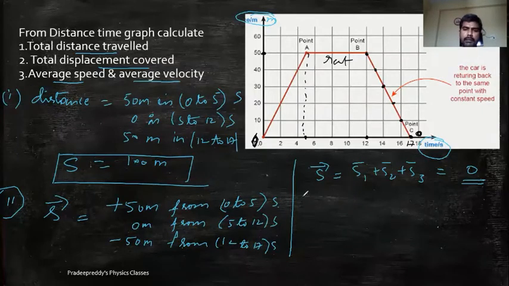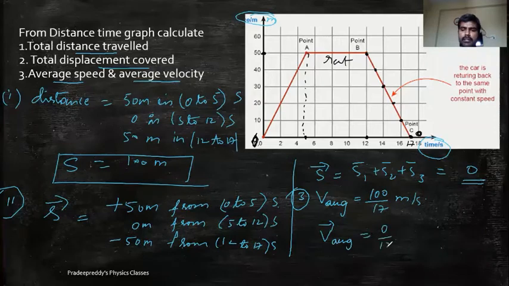Next, question number 3. Find average speed and average velocity. What is the formula for V average? V average is equal to total distance traveled by total time taken, 100 divided by 17 meter per second, and V bar average is equal to 0 by 17. This is equal to 0. Average velocity is equal to 0 and average speed is equal to 100 by 17 meter per second. This is the way you can get total information from one single graph,